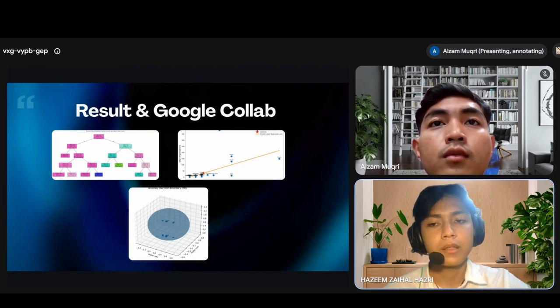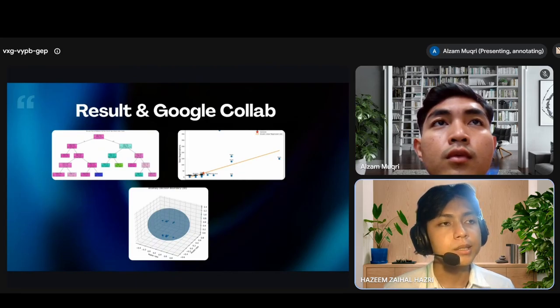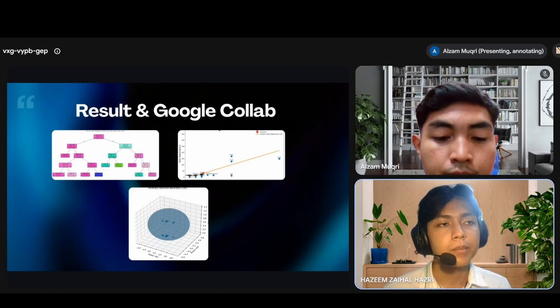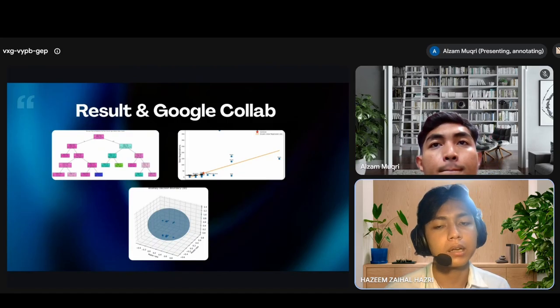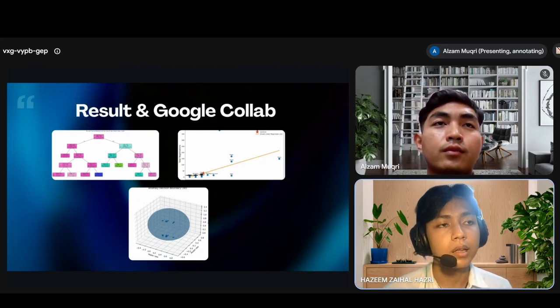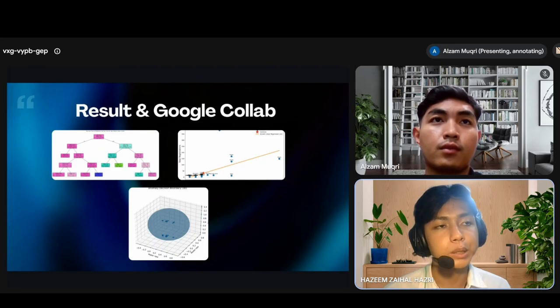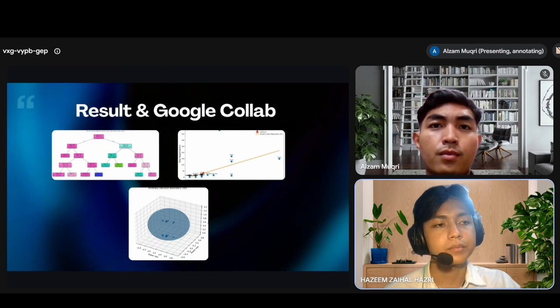As you can see from our graph, first we have the decision tree. Second, we have the regression graph, and third, we have the anomaly decision boundary. Instead of manually uploading our CSV every time, we wrote a function that takes a normal Google Drive link, the kind that you get from right-click, share, and get link. It converts it into a direct download link that Python can read straight into a table called a data frame using the pandas library.